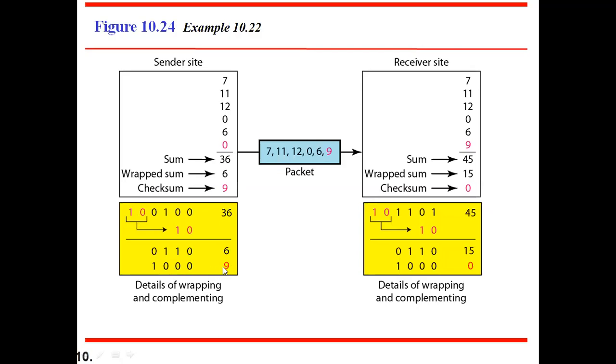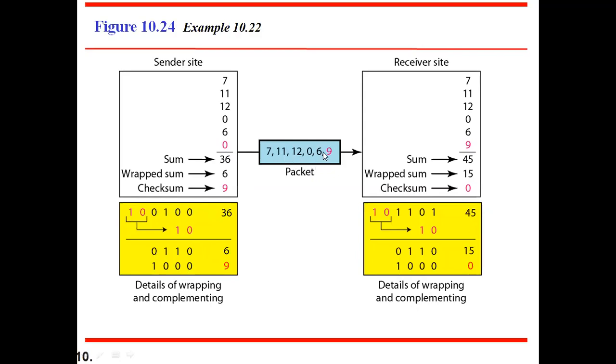So this is how we need to calculate the checksum. Is it clear? First add all these numbers. The sum you will get is 36. Then you represent 36 in binary. But we are interested in the 4-bit representation. Take those 2 extra bits, then perform the arithmetic operation. Then you will get the wrapped sum as 6. Then take the 1's complement of the 6. Then that will become 9. So this 9 is called the checksum. So the checksum value will be sent along with the packet in the checksum error transmission method.